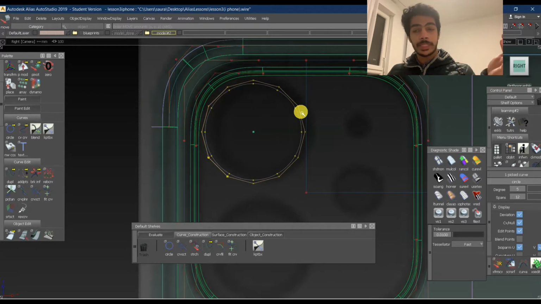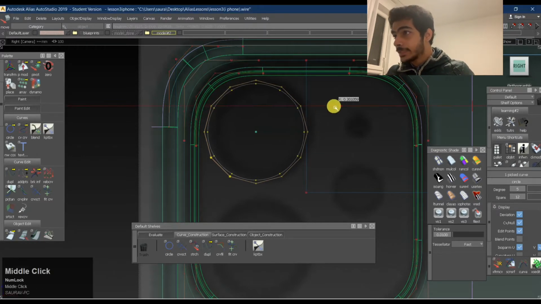Obviously when you are working with an engineer, or maybe you want it to be put into some other CAD software like CATIA or maybe SolidWorks or something like that, you need to have proper dimensions and everything, which will already be given. Maybe you'll be specified with the radius, you'll be specified with the chordal length and stuff like that. So for now, we'll just eyeball all these things.